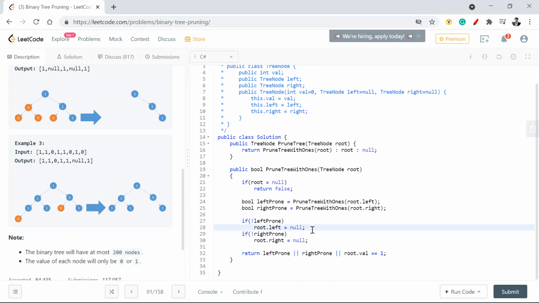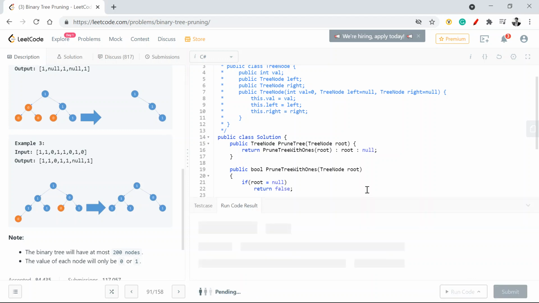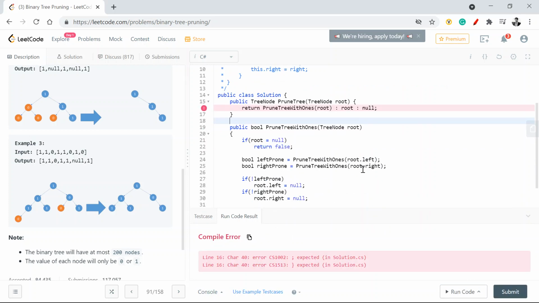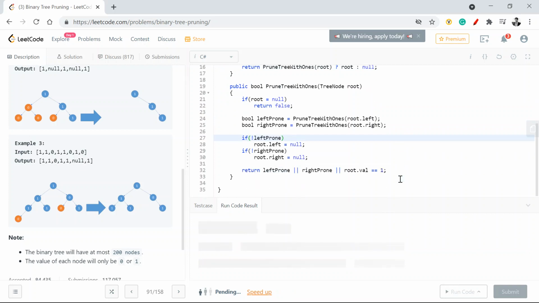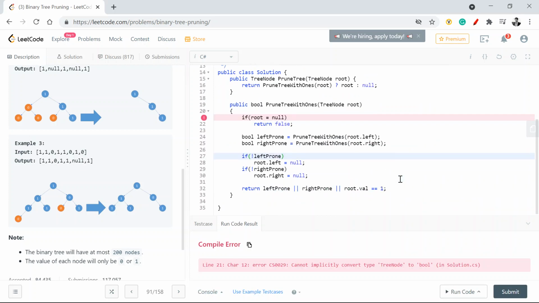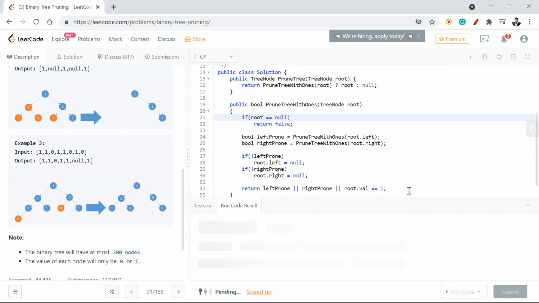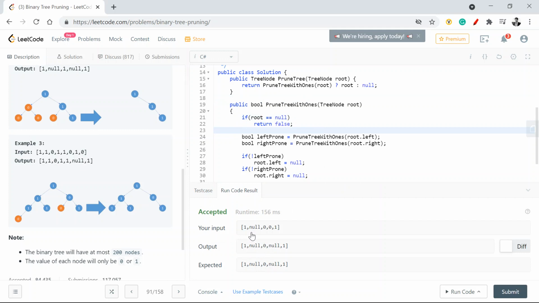So this is it. If you see, we have done the basic activities. Let me run this and see what is happening. I got a compile error. Sorry for that, guys. So this was a question mark which was missing, and there was a double equal to which I wrote as a single equal to. So now, I'm getting the expected results wherein this 0 subtree is removed. Now let me submit it.